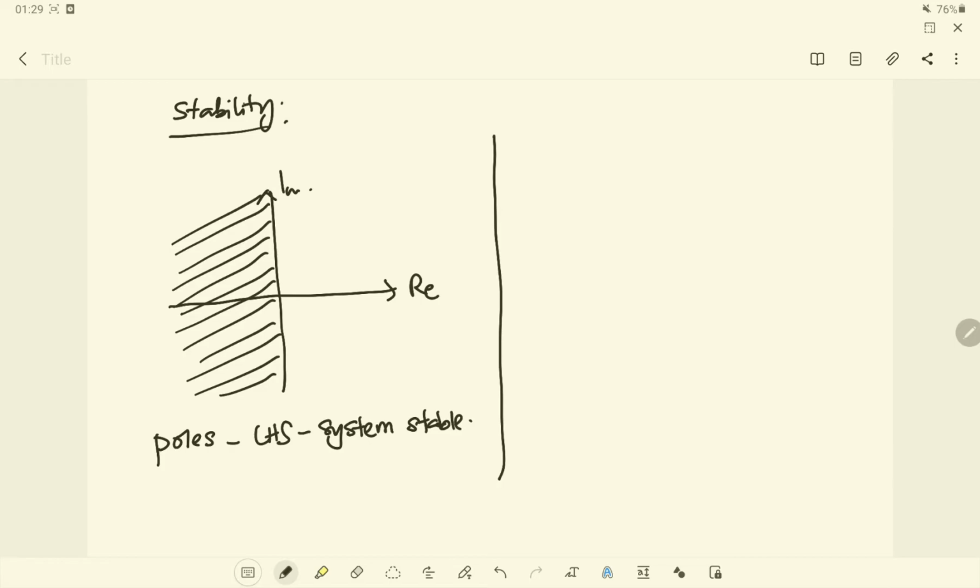So here is the system analysis in continuous forms, whilst for system analysis in the digital forms,